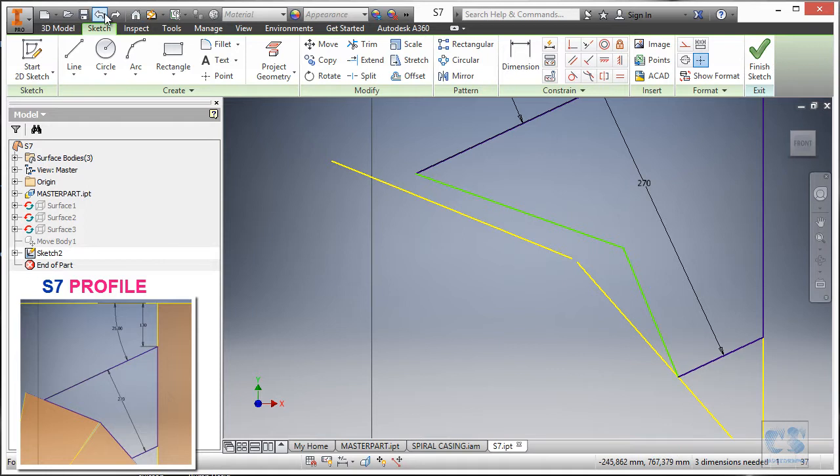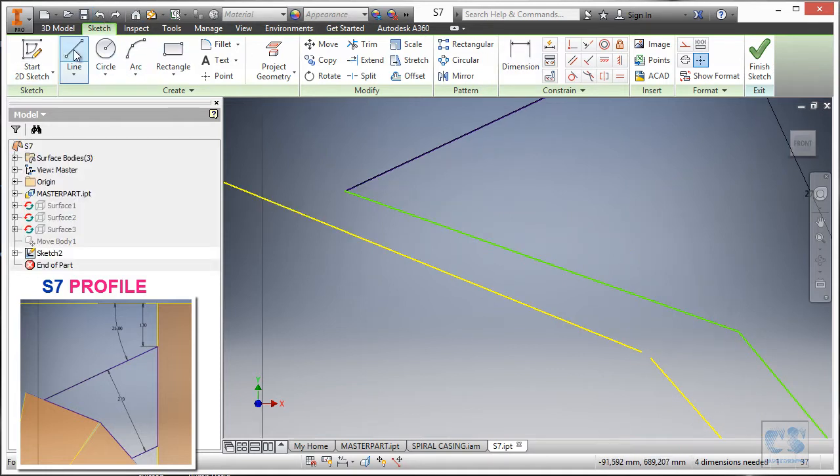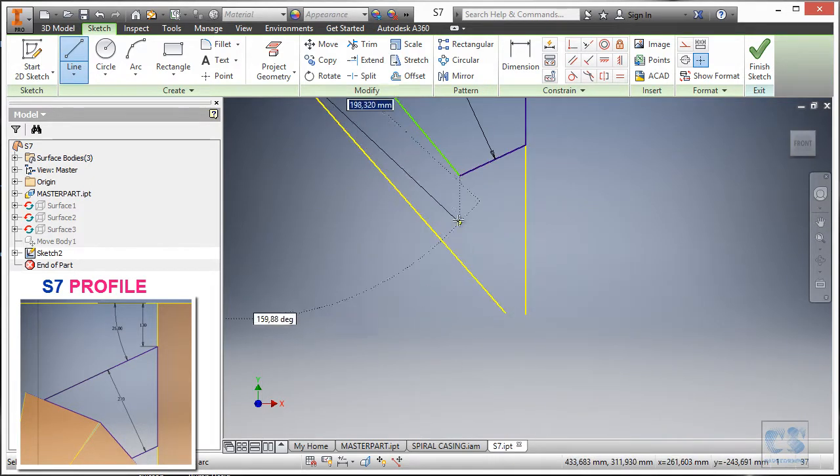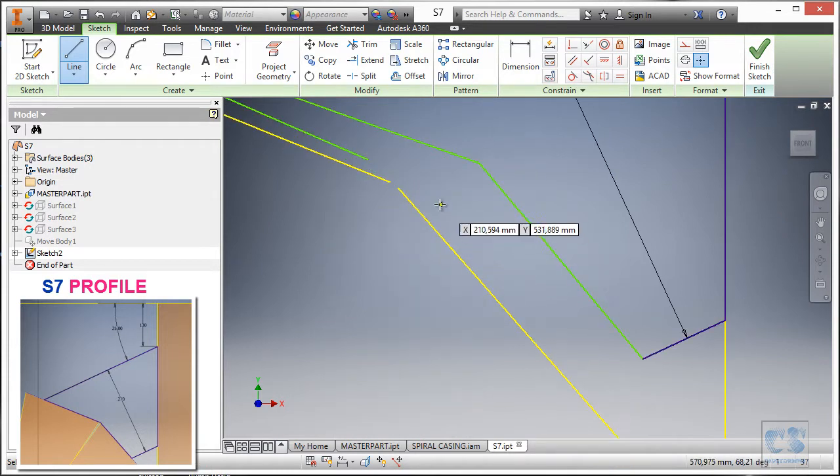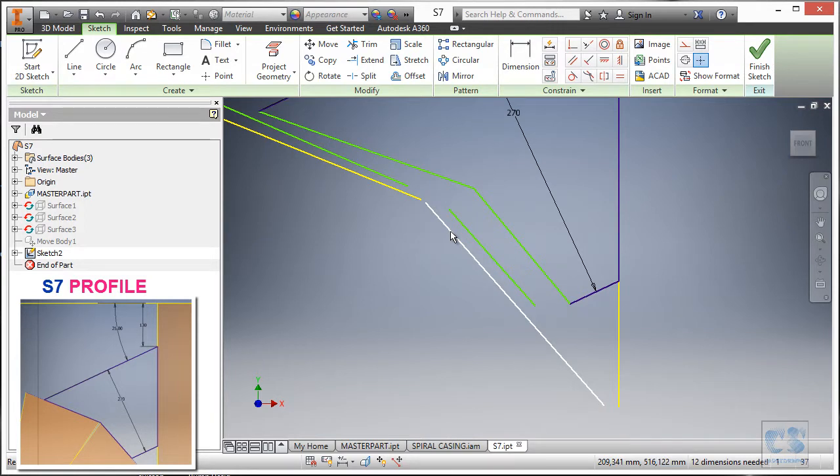And the strategy I found working is to add 2 additional lines to simulate, let's see, 2 independent lines, like this. Because this is not a line, it is something like a spline, so we cannot constrain directly a line to that.